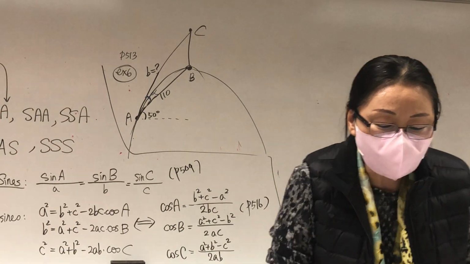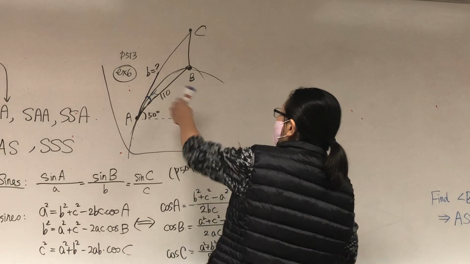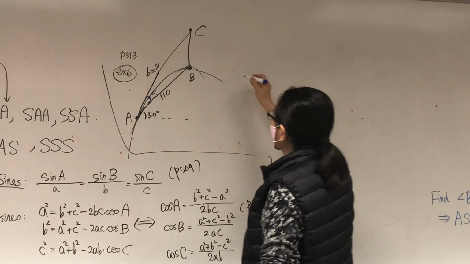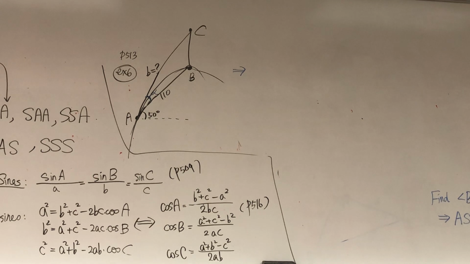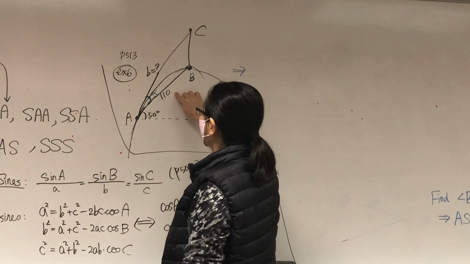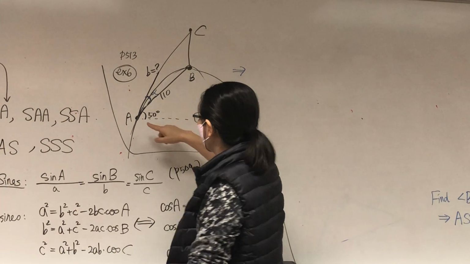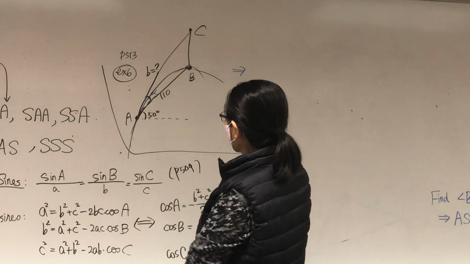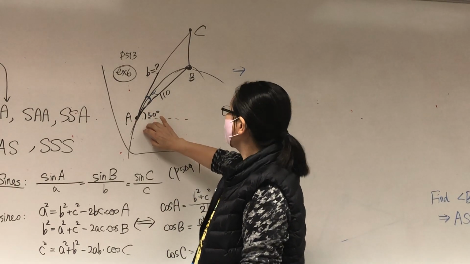So what is this type? You have to understand what type this is. In this triangle, what's the type? You can get it to be side angle side. Side here. So A is angle, 110 is a side, and then you can find B. Side is this, right? And you can find B because it gives